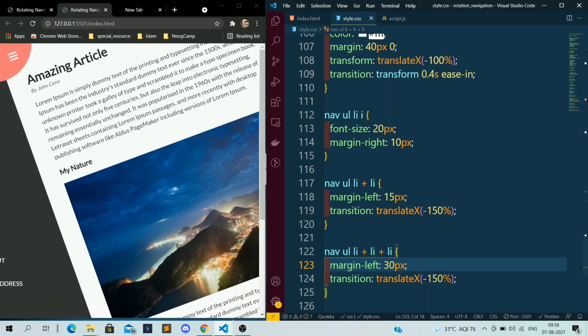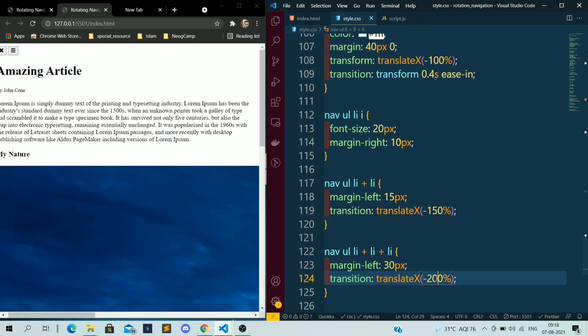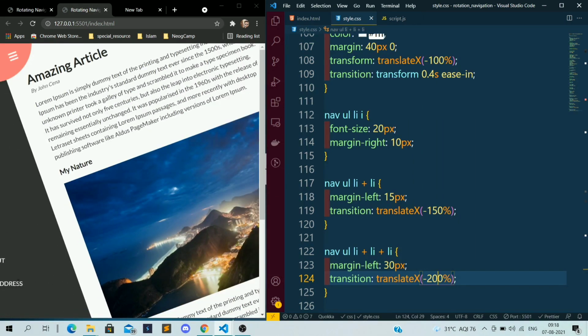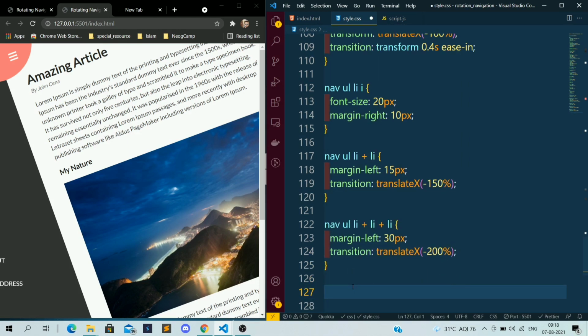Okay, so now if you see, you are able to see more address than about. Okay, and I want to give this 200. See, so address is showing somewhat in the right as compared to about, and about is somewhat in the right as compared to home. Okay, so that is why I have given this.